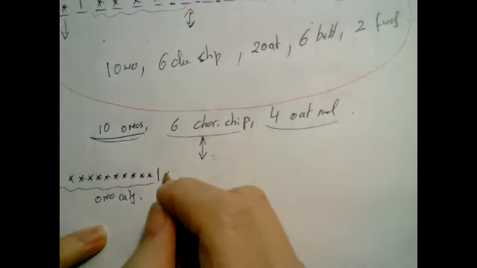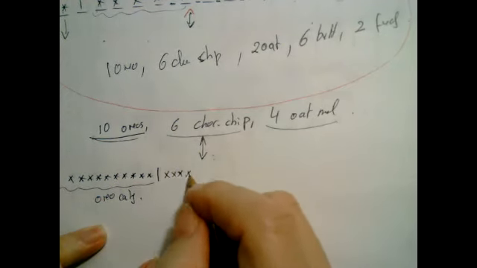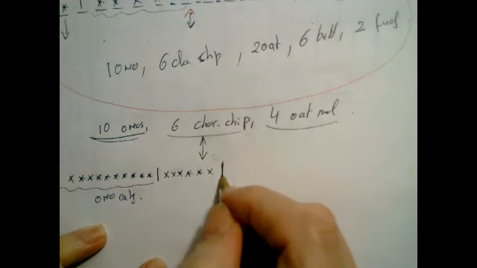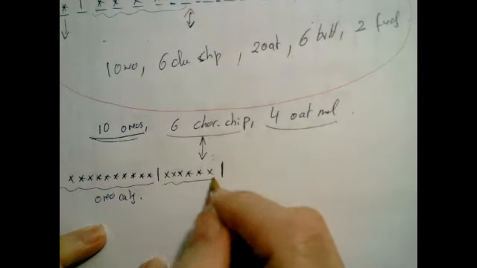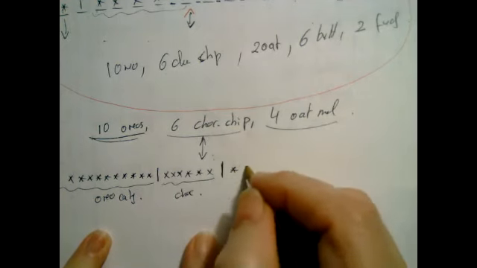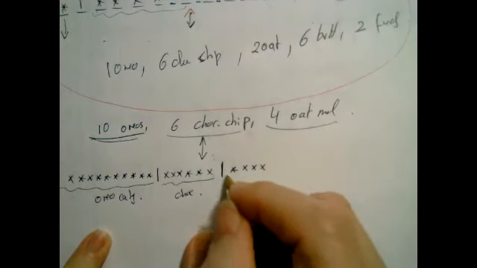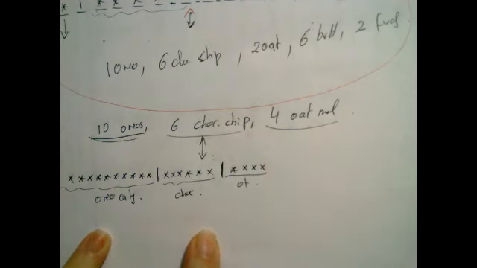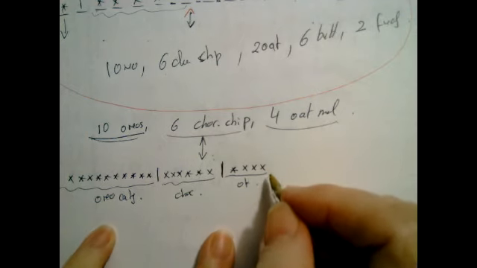Chocolate chips, it means 1, 2, 3, 4, 5, 6. These are the chocolate chip. The 4 oatmeal, 1, 2, 3, 4. These are the oatmeal. But this should not be enough, because if I draw this, it's not very clear what I am choosing. So the way we're going to do it is